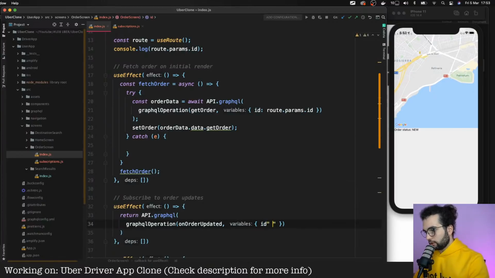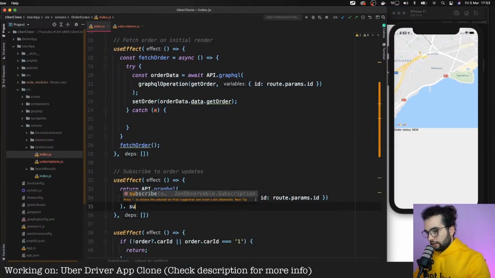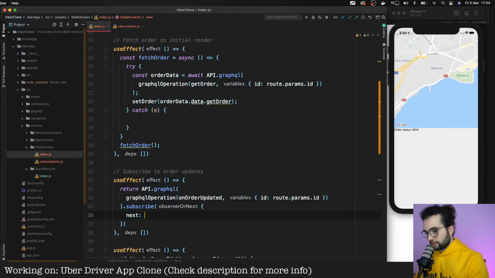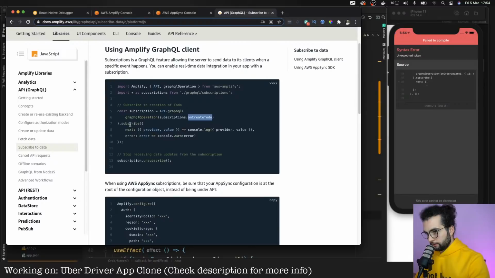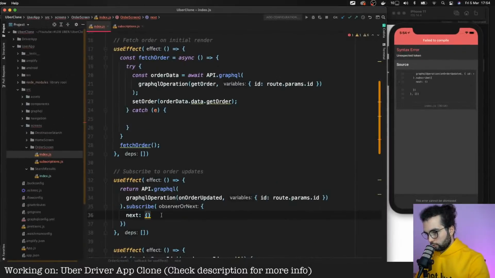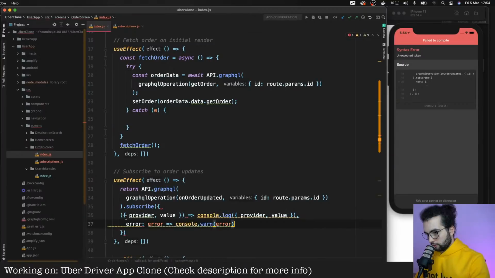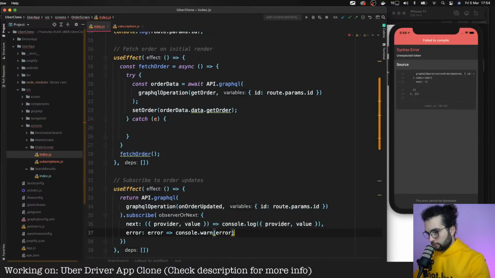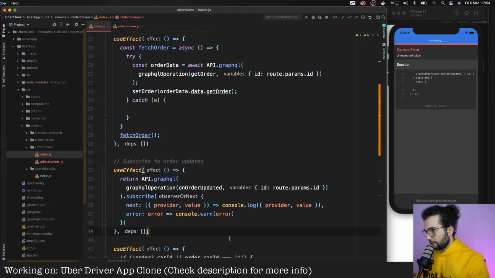So the ID of an order will be same as this one. And here we do a subscribe. So the next will be the function called with provider value. Yeah, let's do just a console log here. Save.